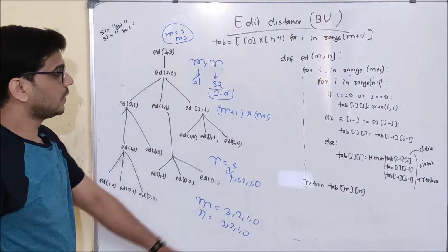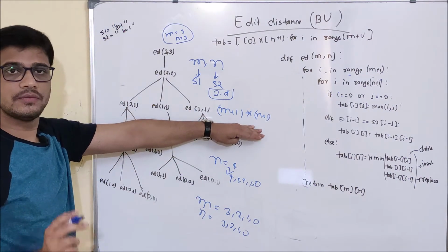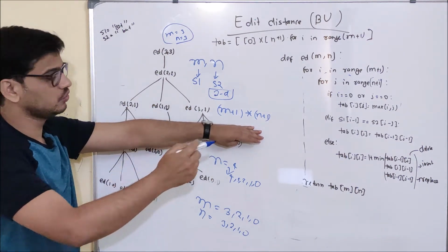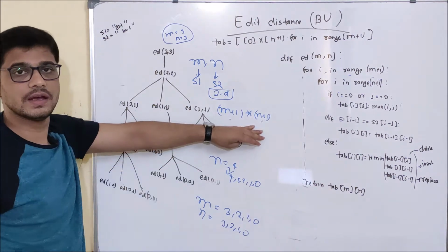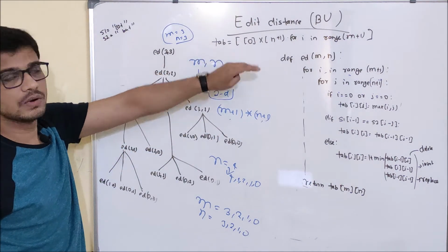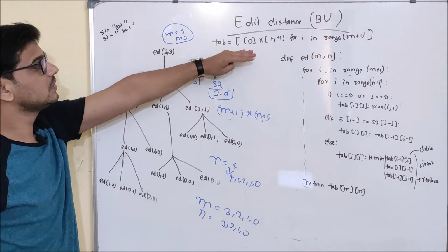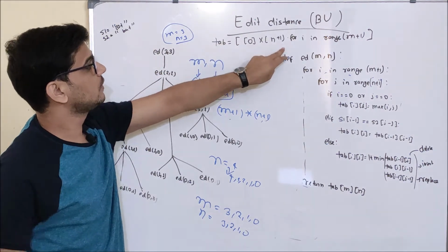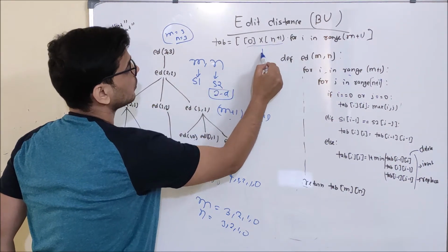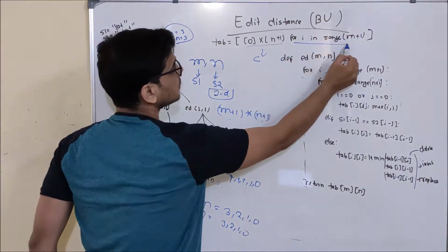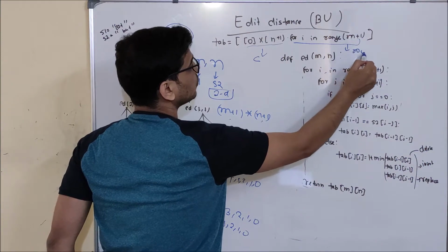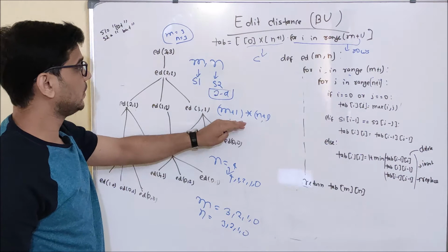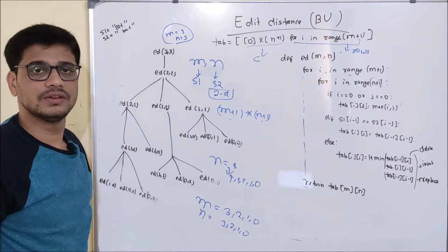Okay. So my table will be of dimension 2, and the size will be: number of rows m plus 1 and number of columns n plus 1. This is what I have done here, and I am initializing the table with 0. Zero into n plus 1 is for the columns, and this here is for the rows. So this is my table dimension and definition.